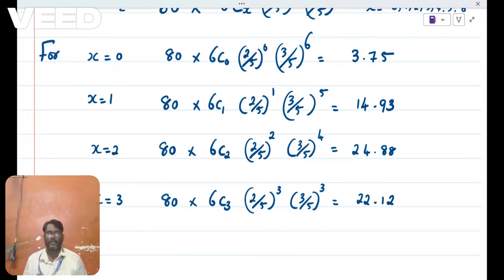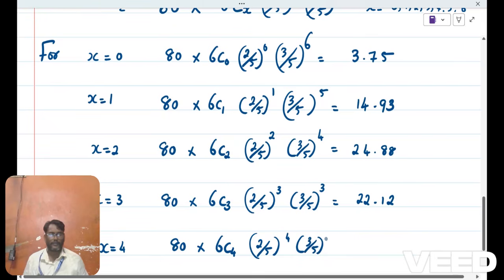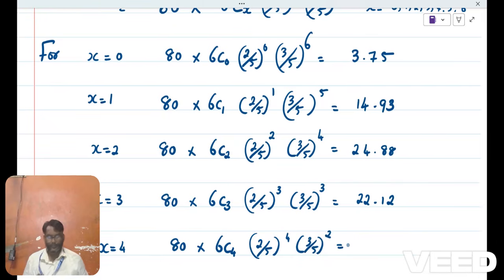Next, for x is equal to 4, 80 into 6C4, 2 by 5 raised to the power 4 into 3 by 5 raised to the power 2. If you use the calculator, the value will be 11.06,